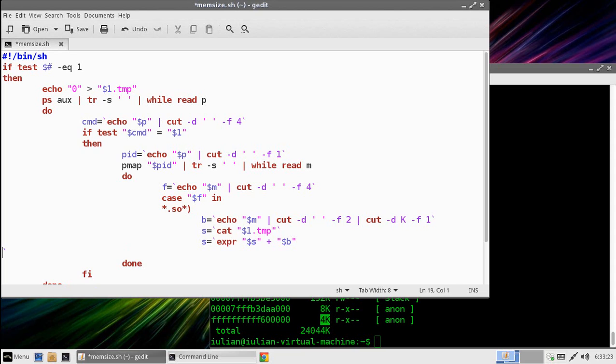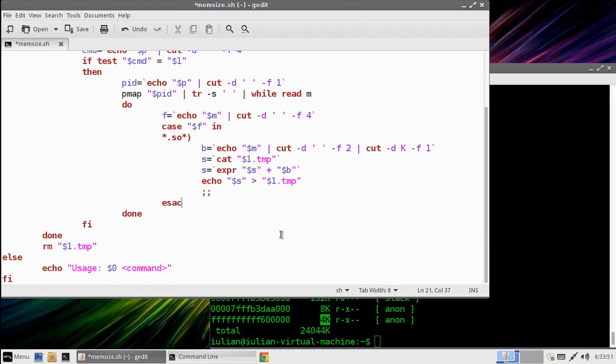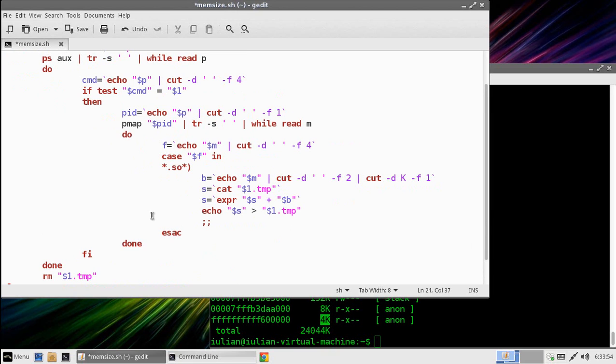In the end, I have to output the value of S to my file. So I echo the value of S and redirect with overriding on my temporary file. This has to end with two semicolons, and then I'll have to end the case with esac, and now I finished this. Okay, so up to here we have visited all the libraries and we did a sum up